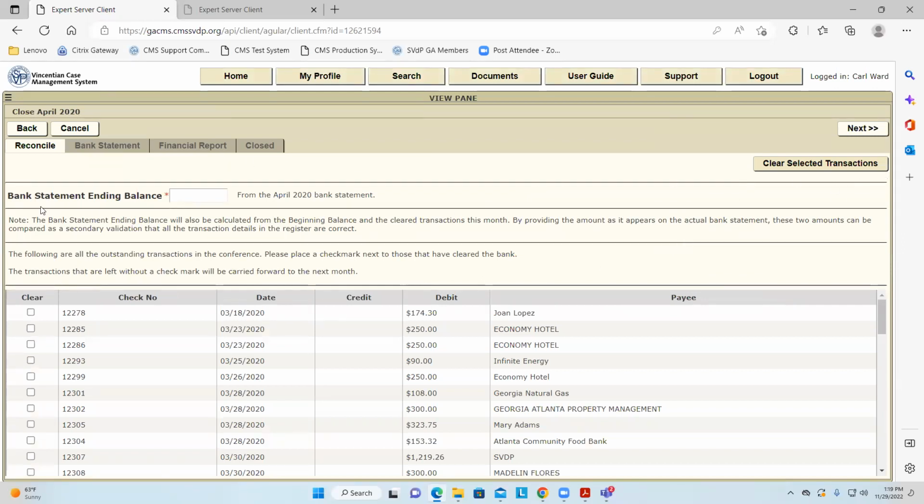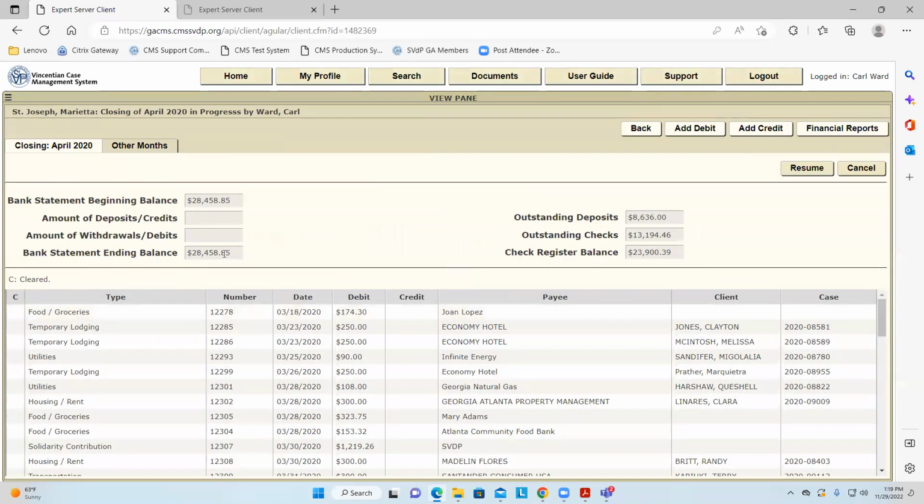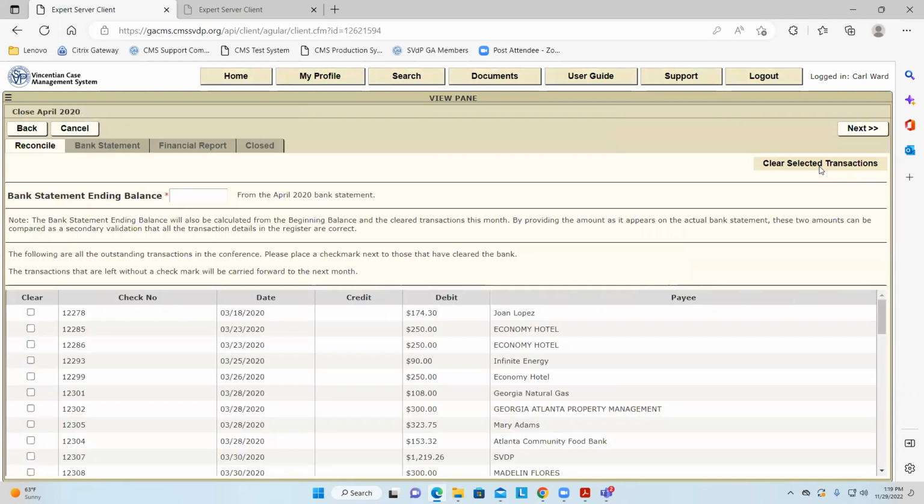Let me go back one. I forgot to write that. I forgot to do a cut and paste here, because you're going to ask me to do that eventually. Okay. And oh, by the way, you can always resume. So if you were in the middle of a close and you got called away or you just didn't have enough time, you come back later on, you could just click resume. Well, I guess you could start a close, walk away, and then everybody gets locked out. That's right. Become a popular treasurer. Very popular.